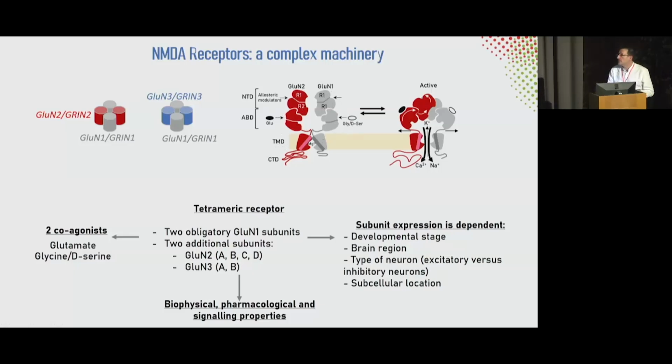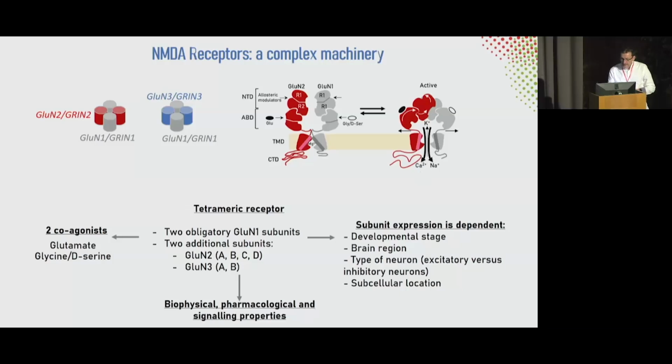If you look carefully at the specificity of this receptor, the transmembrane domain, which is key for the formation of the pore, is blocked by magnesium, which is a really key property of this receptor. Also, the receptor has a long C-terminal domain, which plays a critical role in the mobility or addressing of the receptor at the surface of the neuron. When the agonist binds the receptor, all these domains will move together and interact, and this interaction is key to opening the channel and letting calcium and sodium enter the neuron.